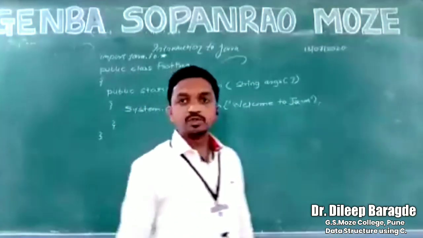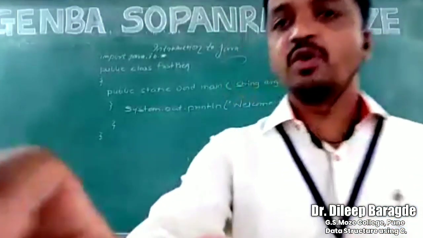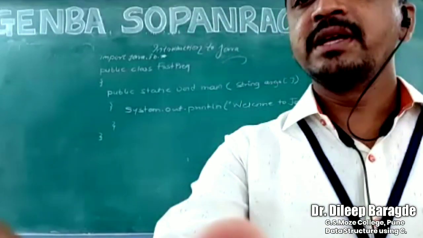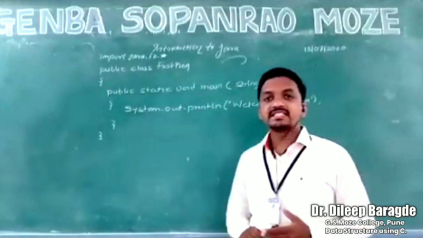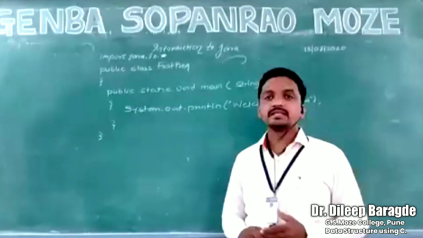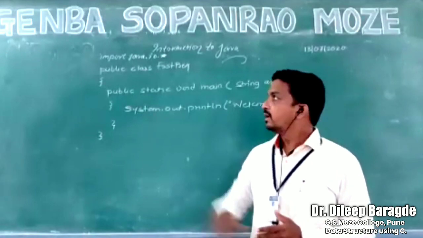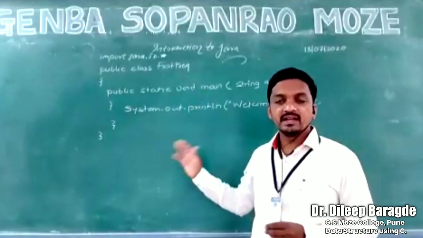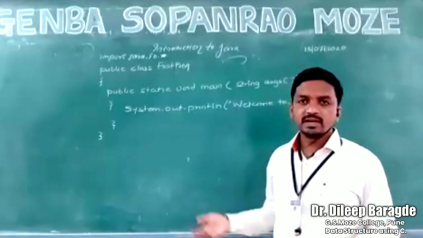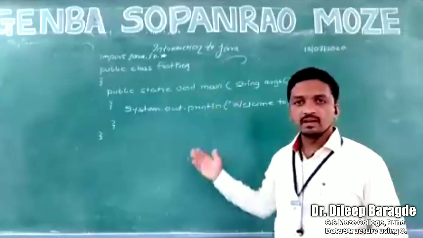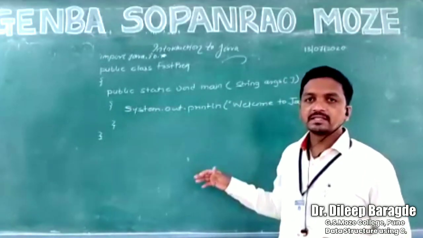So public class FirstProgram. Here also you have used the word public. Why did I use the word public? The public means this class is accessible to all functions. So that's why it is declared as public. This class should be accessible to all functions and all classes that we are going to declare. Java supports more than one class, or multiple classes, in a single program. So if I have declared another class and written some logic or functions within it, that class can access this main class.